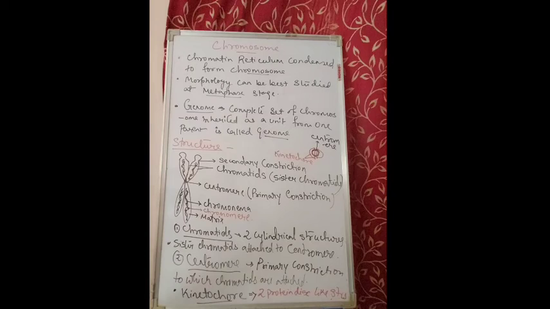And this telomere synthesizes an enzyme which is known as telomerase, and this telomerase consists of ribonucleoprotein. So this is the structure of a chromosome. If you are asked about the satellite chromosome or the morphology of a chromosome, you can write about the centromere, the chromatids, the chromonema, the chromomere, and the secondary constriction, which then makes it a satellite chromosome.